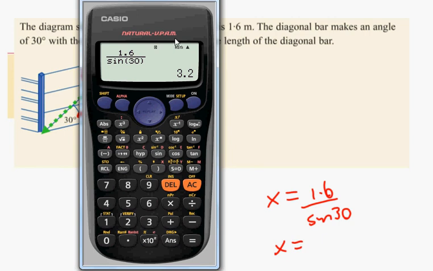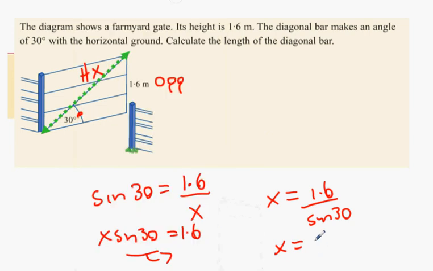I think it's 3.2, Joaquin. It has to be the longest side. What answer did you get? 3.2 meters for this diagonal bar here. Is that right? Now,